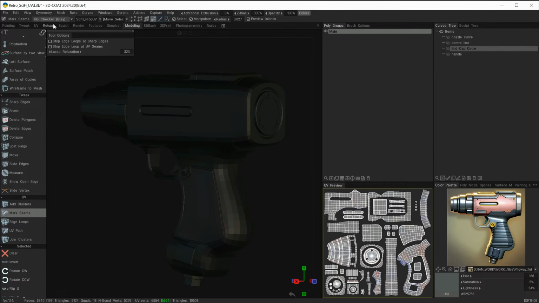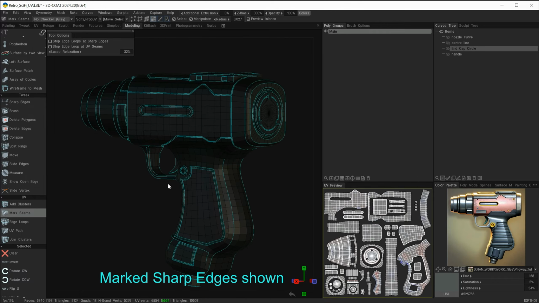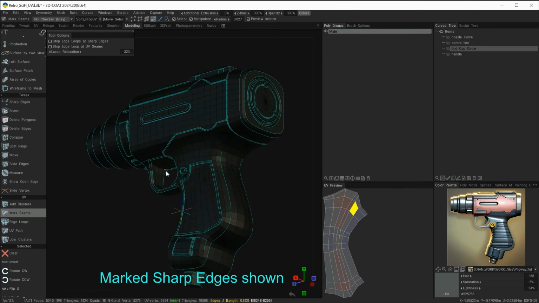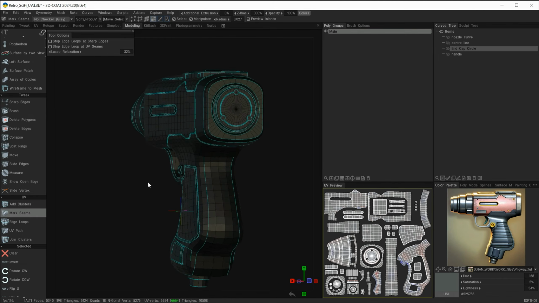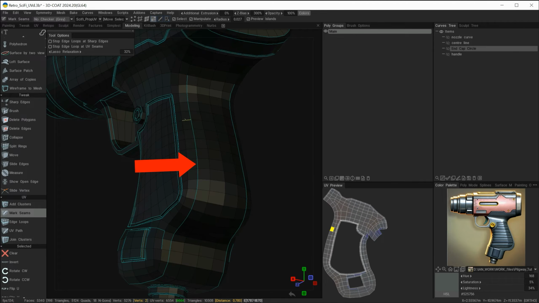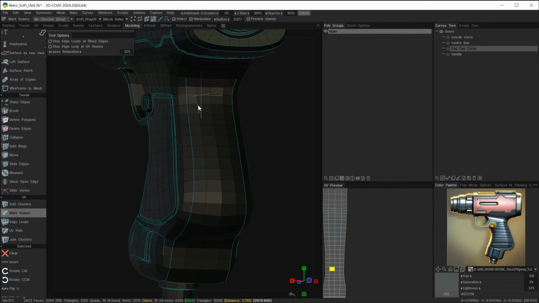I'll turn off the UV seams. I'll turn on my Retopo wireframe again so we can see our wireframe. And I'll also now do Show Sharp Edges. And you can see all the selections that I made to make the edges sharp in specific areas of the model. So here, for example, I have this line of edges being marked as sharp, and this gives me quite